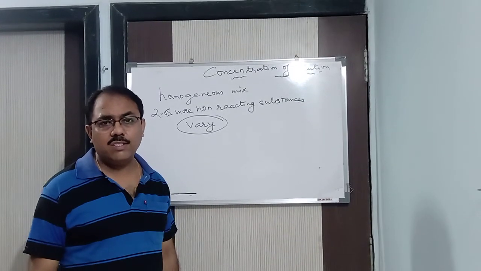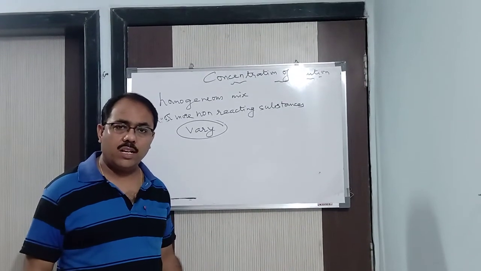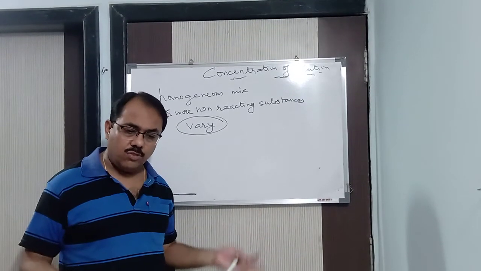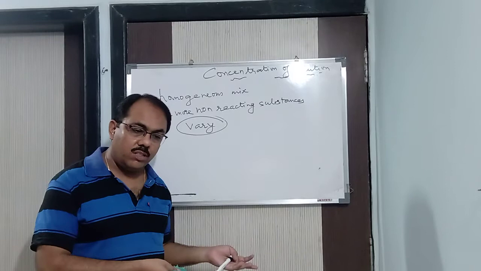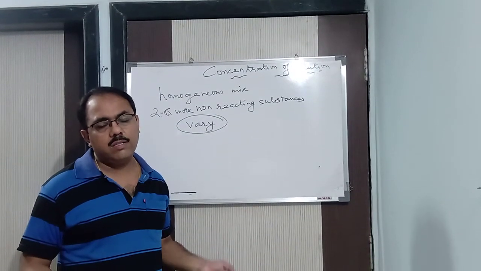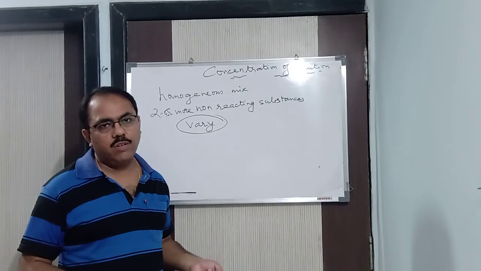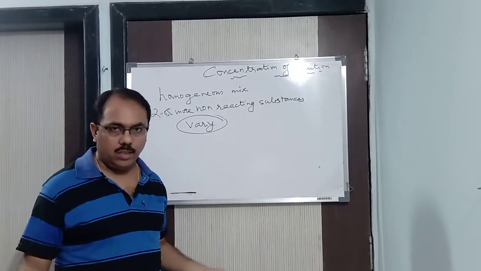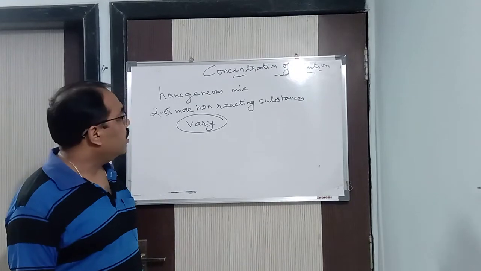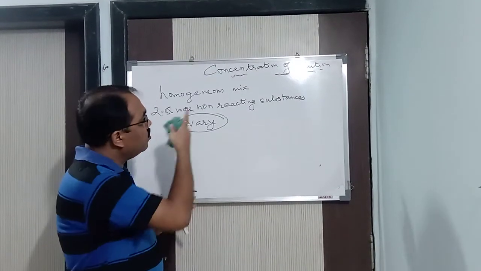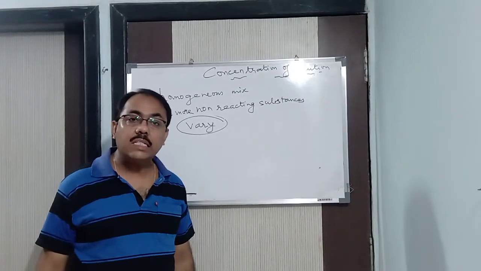In the lower classes you have studied the two types of solution. What is that? Dilute and concentrated. Dilute solution means a solution which has more of the solvent compared to the solute. And concentrated means a solution which has more of the solute compared to the solvent. We can say that proportionately. Clear? So in this way we know it, but today we can measure it. That is what I am going to teach you today: how to measure the concentration of a solution.